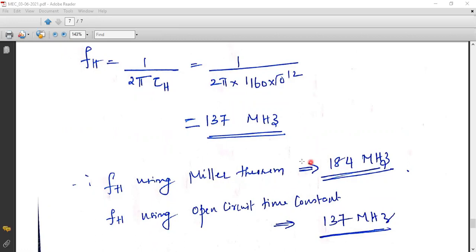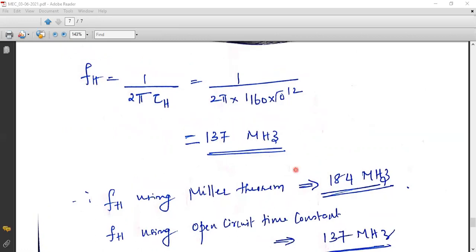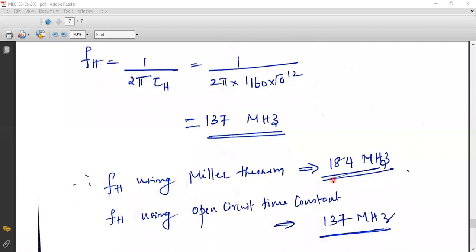Okay. But some approximations we have done in order to make the circuit analysis a little bit easier, so that you can confine your signal input till 184. So you may be knowing that a design engineer will be getting the answer 184 megahertz, but with experience, he will be knowing that this is not the actual one. So he can subtract some values from this actual value, and accordingly he can give the input so as to get the maximum gain. Okay.